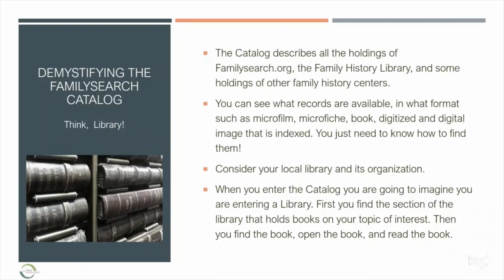It's the same with the catalog. It's organized by place, and so when you go into a county, you can expect similar organization, similar record group names across every county, because that's the way that FamilySearch has organized their catalog. All you have to do is become familiar with how they have it set up so that you can go into any county, any section of the FamilySearch Catalog or of this library, and then pull books off the shelf that relate to record groups that you think might answer your questions about your ancestor.